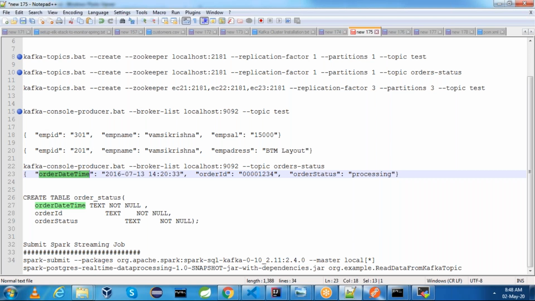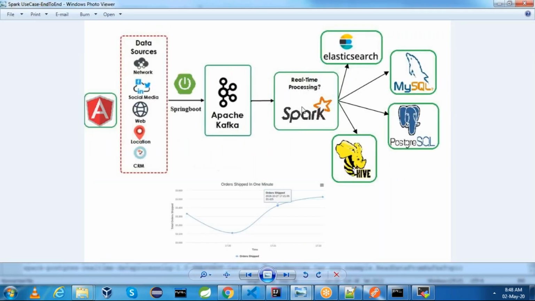And Spark engine will process and generate the stream of output for each message coming from Kafka. That output message can be sent to MySQL or Postgres or Elasticsearch or Hive, depending on your project architecture, for saving the details into a table.